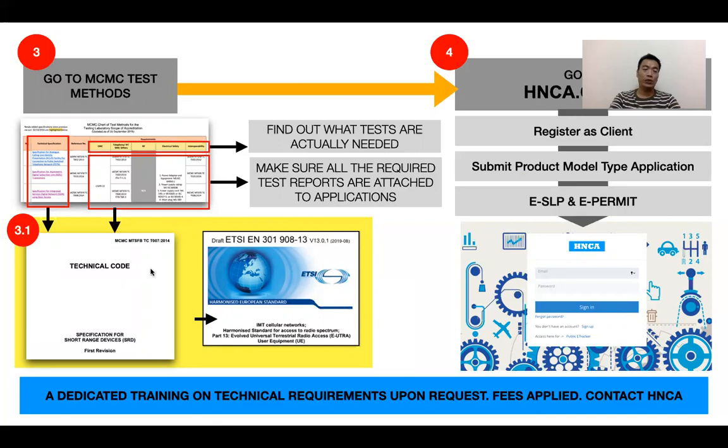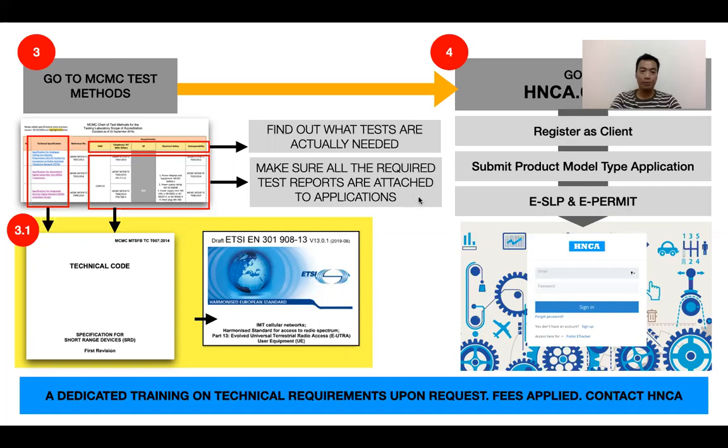All right, so check your TSR 2000, get this information so that the test reports which you submit to us fulfill the requirements by HNCA in terms of the technical codes. For example, here is the specification for short-range devices. After you find out what tests are required, make sure all the required test reports are attached to